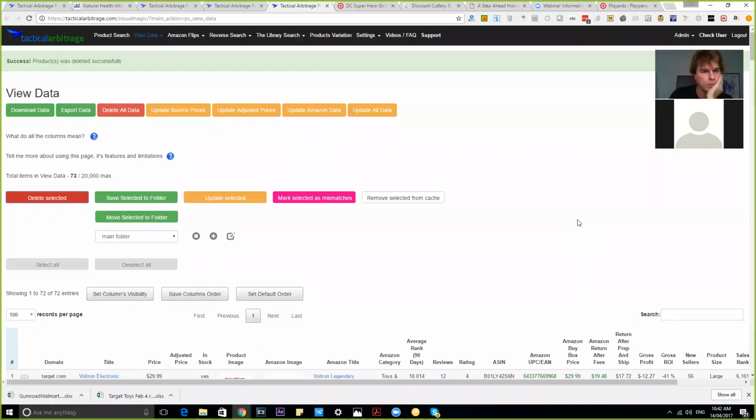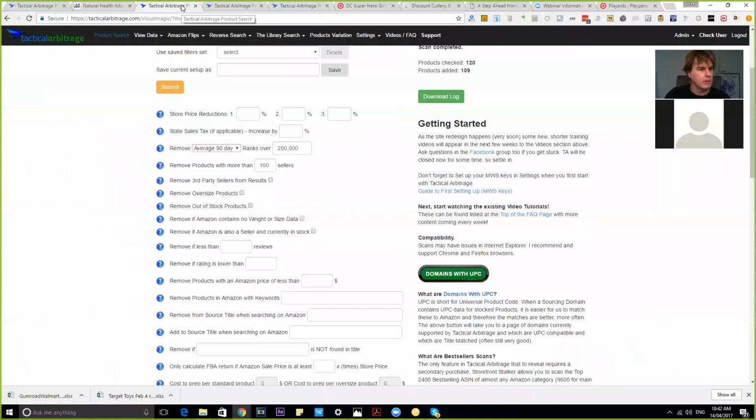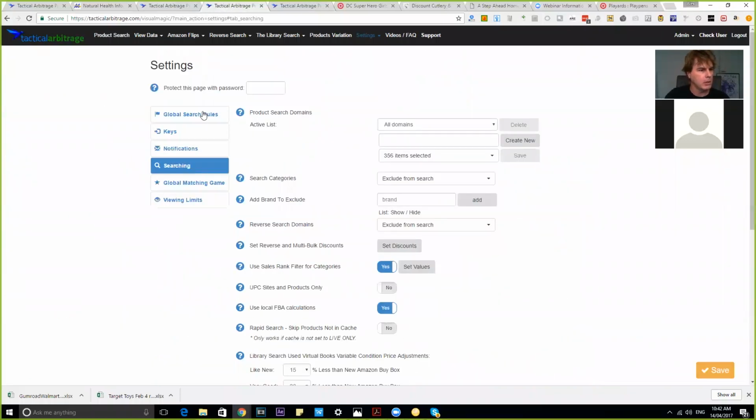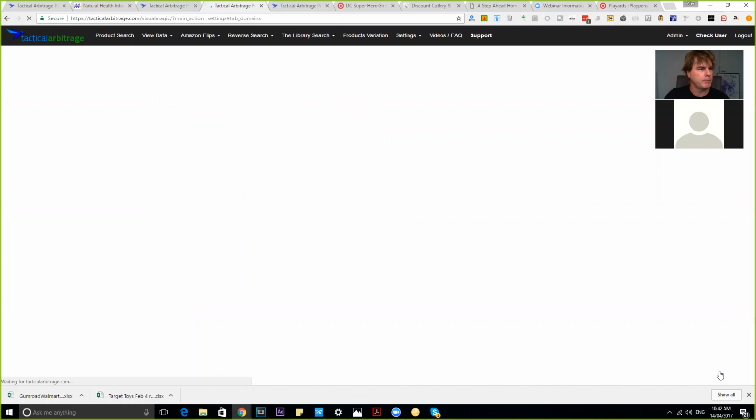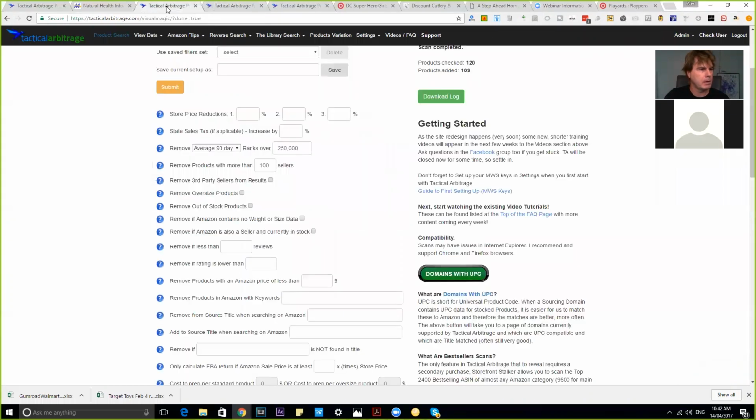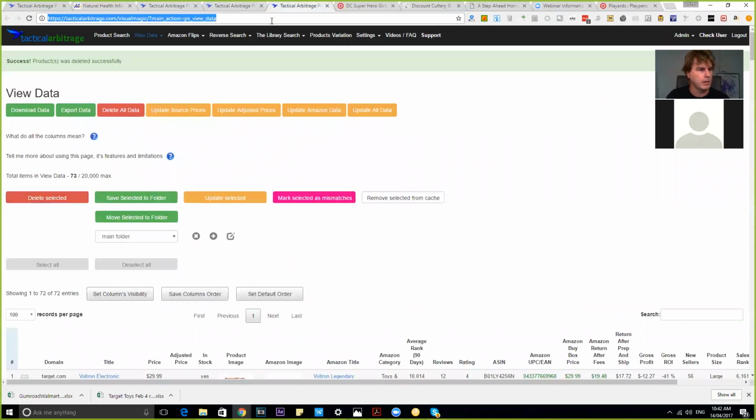Here's a question for our new UK friends. I know you've got an influx of UK users, which is great. When sourcing from USA and selling in the UK, does ROI and profit include the dollar to pound conversion and also VAT calculations? Yes, it does. So as soon as you've done that setting in the global search rules for sourcing from UK to .com, for instance, then what will appear on your view data page